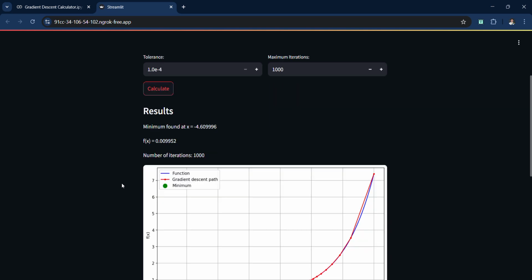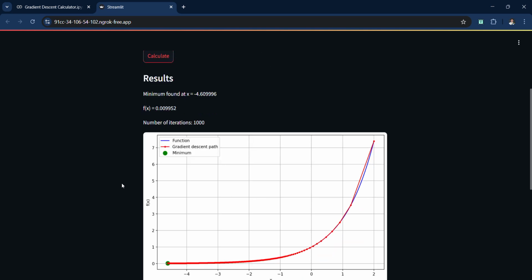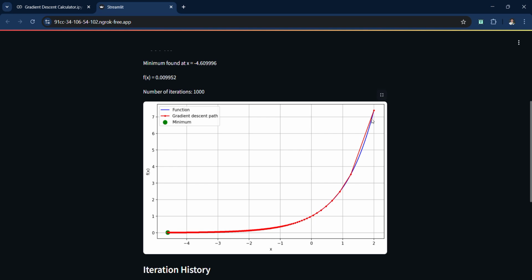So here you can see that the minimum found at negative 4.660, and the value of f of x is 0.009952. You can see here the graph in blue is the function, the red is the gradient descent path, and the minimum value is here, the green point.